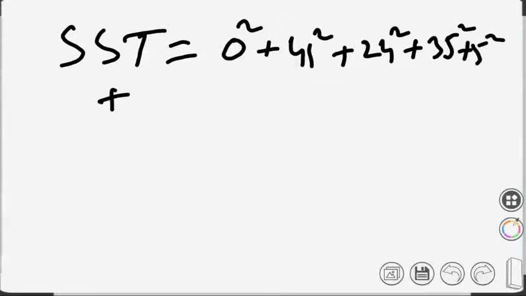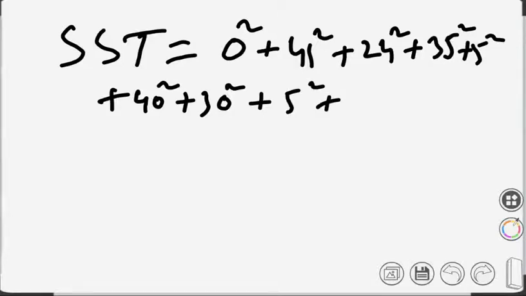Plus 40 square, plus 30 square. Minus 40 plus square and 20 plus 30 square, square is same. So that's why I'm writing plus. Yes, sir. Then plus 5 square. Sorry, sir. First 20 square, then 5 square. Okay, 20 square plus 5 square, fine, I have written it earlier.